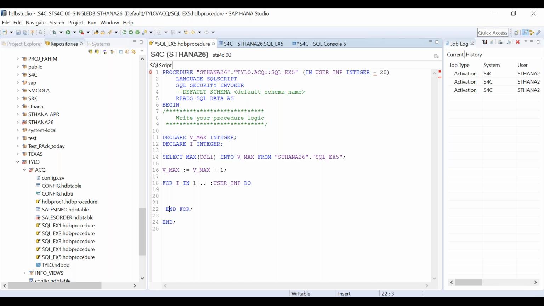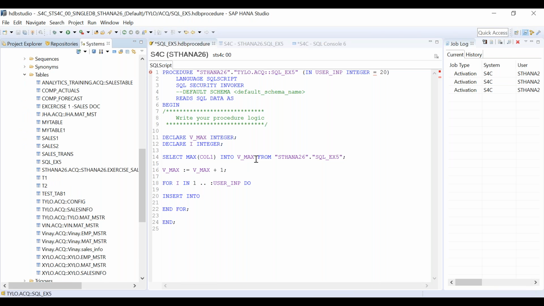So the syntax is closed. Now I want to insert into which table? Insert into ST HANA 26, this table, right? X5. So insert into this table values. Which value?